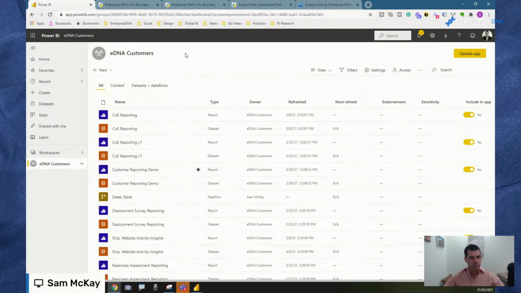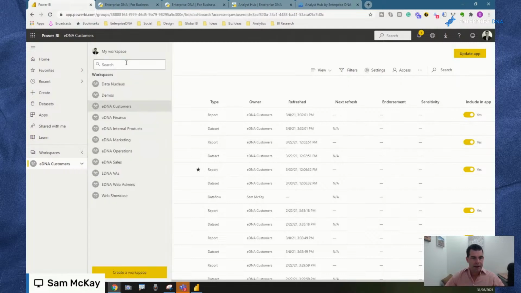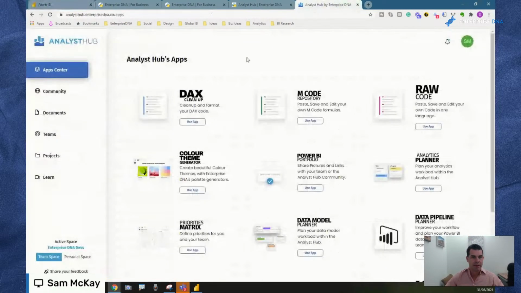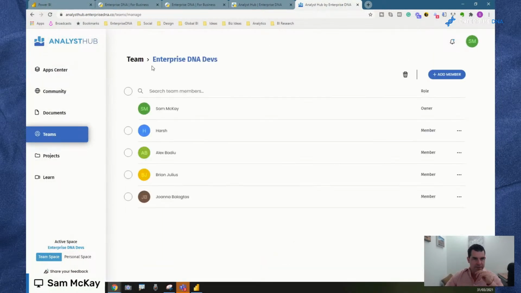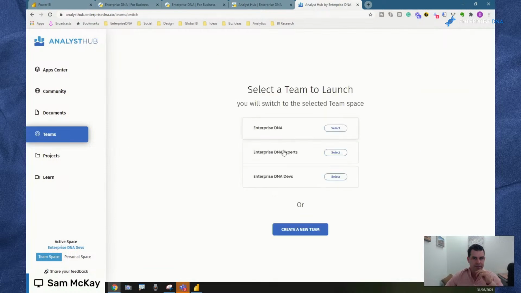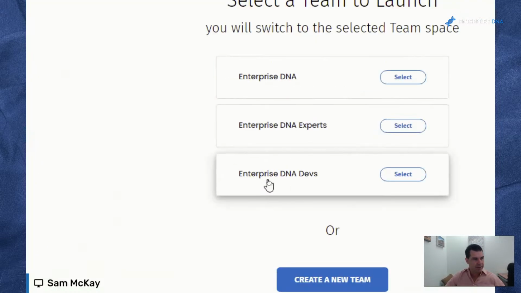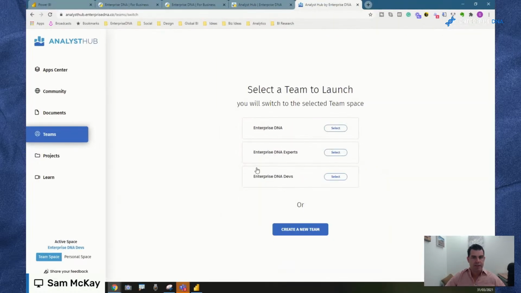Okay, so we've gone into how you set this up. Then how does this relate to the Analyst Hub? What you can do, and this is what we've done internally, is we've got a range of different teams, and in this particular example, I'm in the Enterprise DNA Dev team, because this is the team that I have